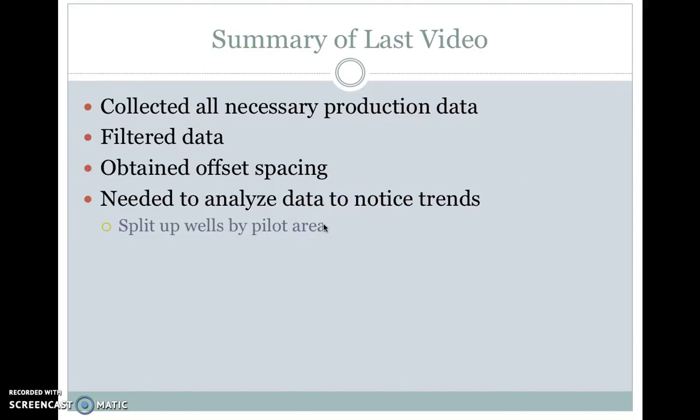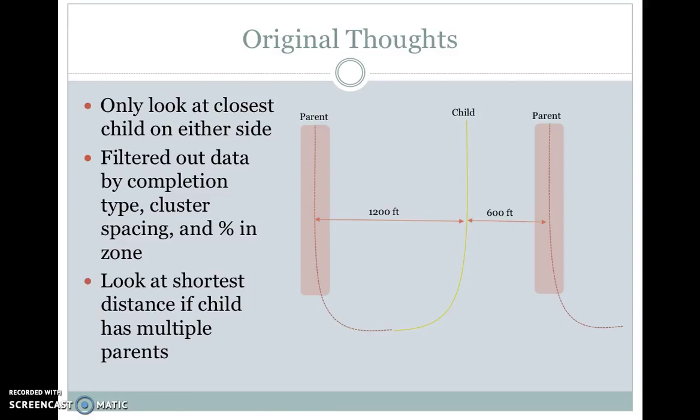As a continuation from the summary of our last video, we collected all necessary production data, filtered the data, obtained offset spacing, and analyzed the data to notice trends. We decided to only look at the children on either side of the parent well to try to get a better understanding of the well spacing effects, in order to make sure that the wells we are comparing had similar